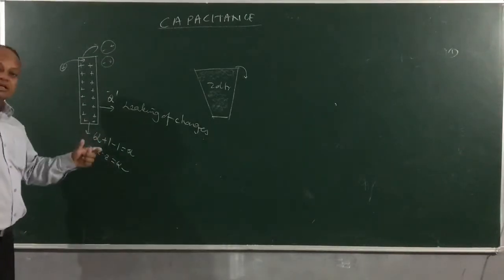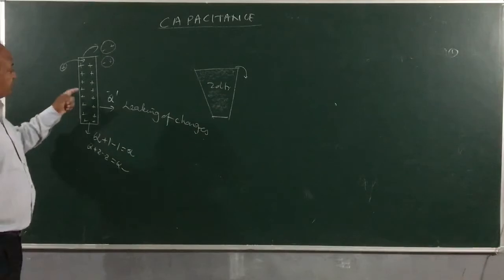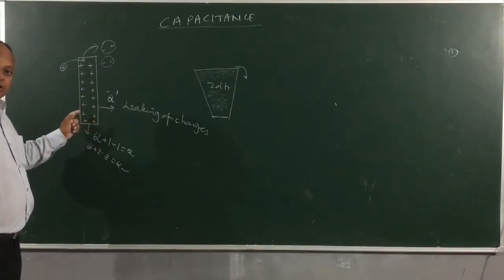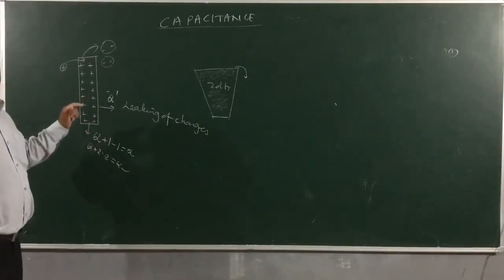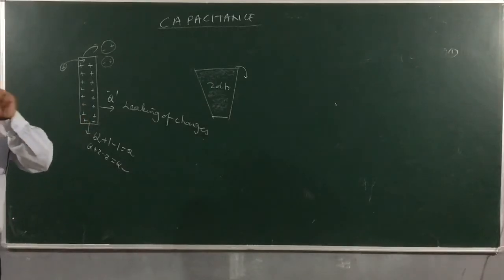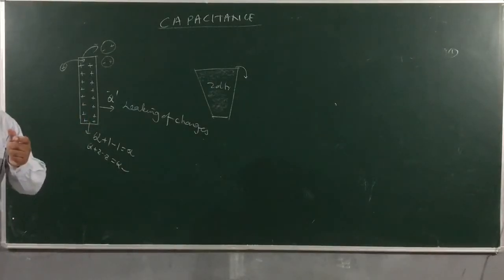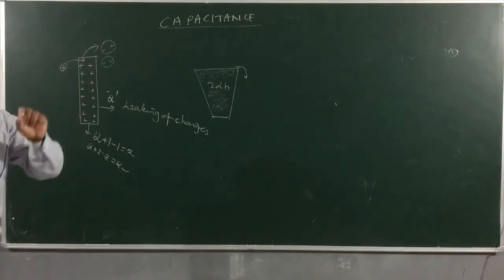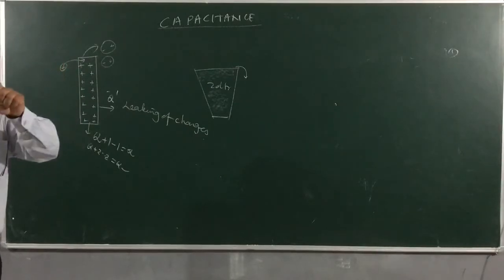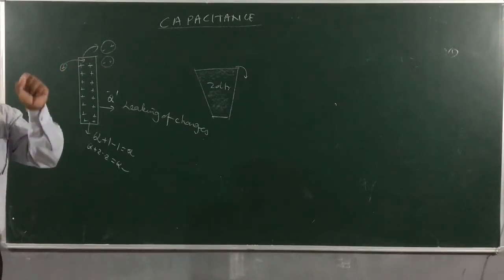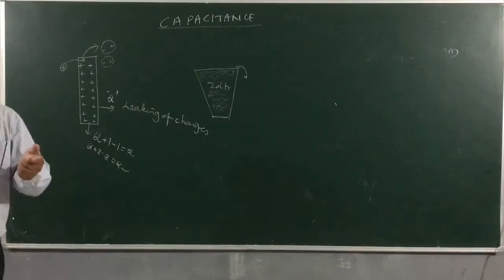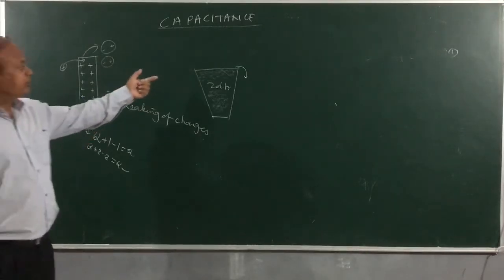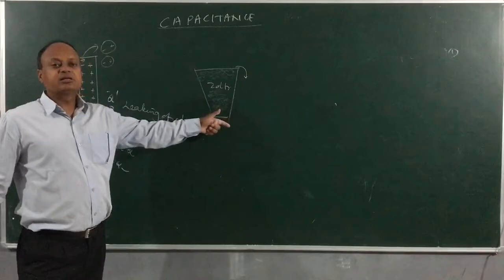So let's start saying like this: the more charge we transfer, the more will be the potential of the conductor. But let me tell you, it does not mean that the more charges I transfer, the more potential, that I can go on charging infinitely. No, I can only charge up to a certain limit, because once you cross that limit, the charge will start leaking to the surroundings, like the water leaking out of this bucket.